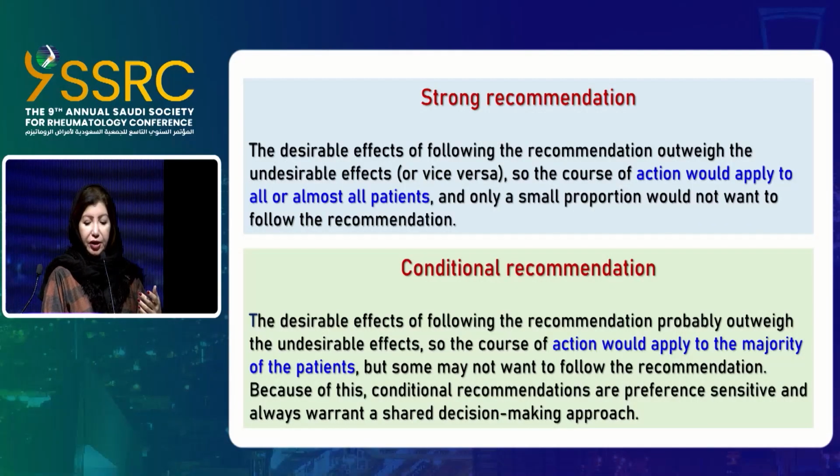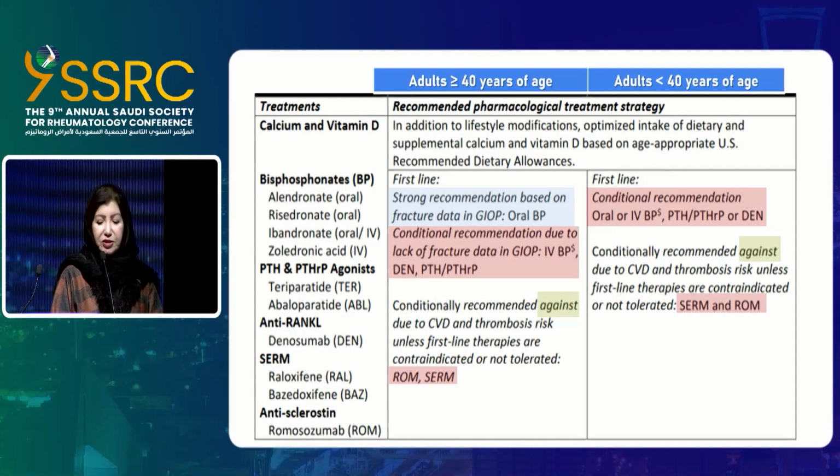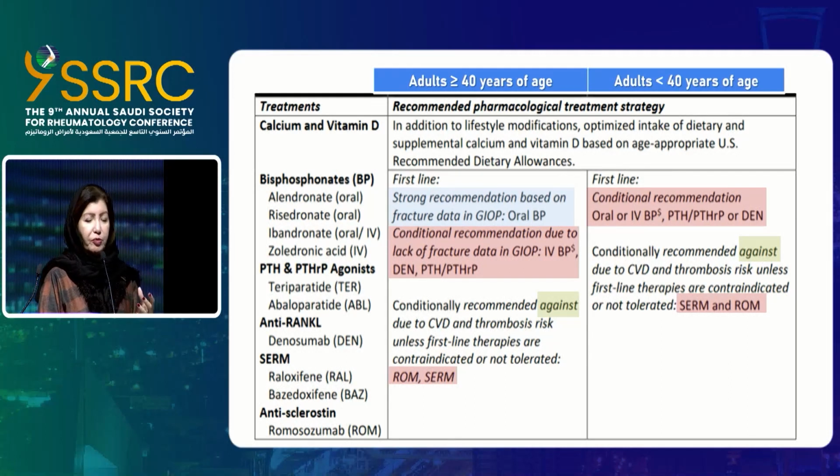When you look at the recommendations for the medications, you will find strong recommendations and conditional recommendations, and this is based on the evidence that is available. Of course, it's always the more favorable drug. I mean, this is what is meant by strong recommendation. Now, regarding the treatment, the only difference here is that in younger patients, there is no strong recommendation because the evidence is not as strong as in older patients. Of course, because older patients have a higher risk of fracture.